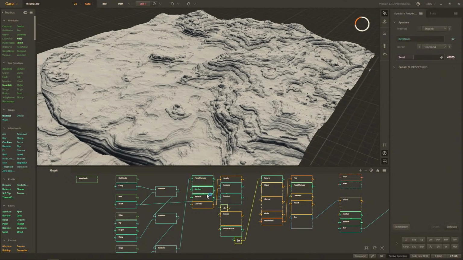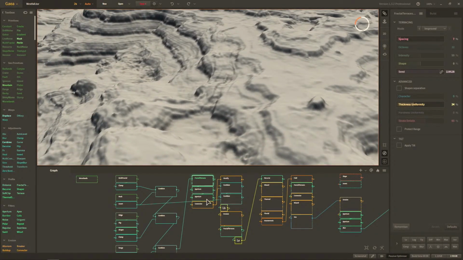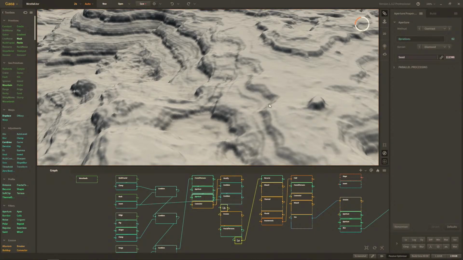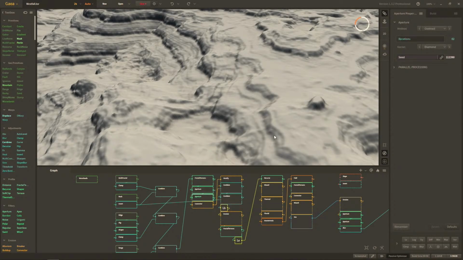And then we did an aperture to expand, aperture to contract, which removes a lot of the noisy little bits of detail, but we still retain the overall shape. So before, after, look around the base of the outcrops here. You can just see it tidies everything up. We still retain the overall character, but we've removed some of the more noisy looking detail, which we need to do